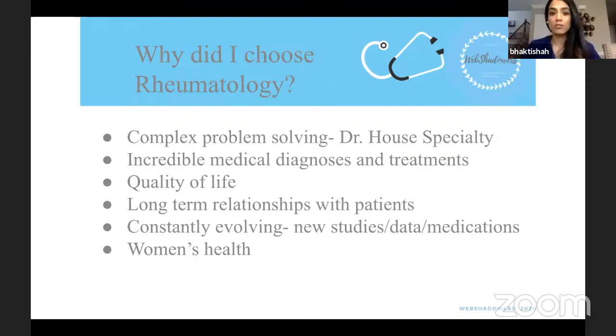There are lots of other complementary options that we use in the treatment of autoimmune conditions outside of our standard immunosuppressant therapy and biologic therapy. Autoimmune conditions can impact fertility. It can impact a lot of other aspects of women's health as well. And I wanted to be a part of that journey for women that are going through these medical conditions.